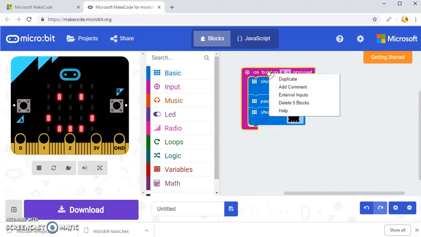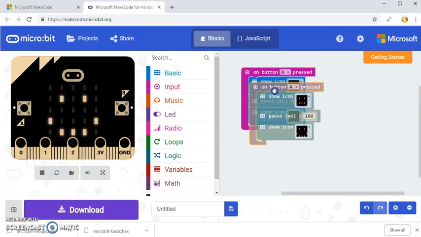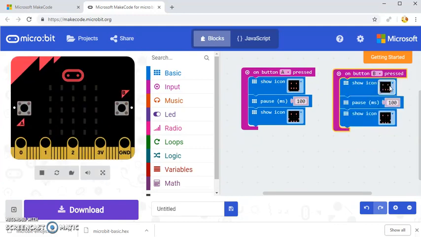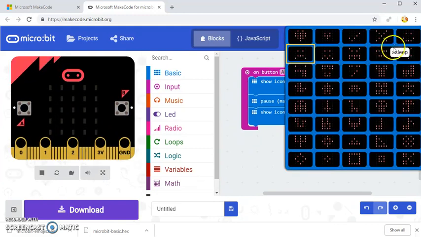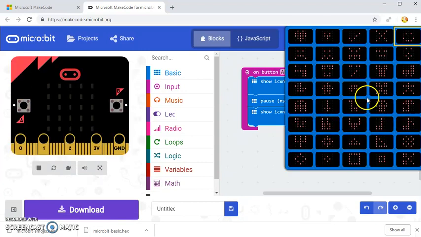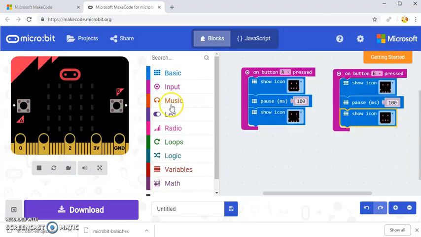I'm going to right click on this and I'm going to duplicate it. I'm going to bring it across here and I'm going to say when the B button is pressed, instead of the sad face to start off, I'm going to have the happy face, and then it pauses and I'm going to show the sad face. So when I press the B button, I have got this happy face first, then the sad face, whereas when